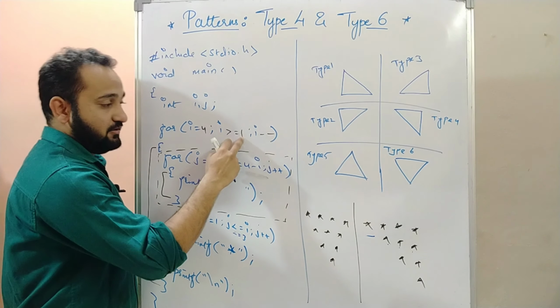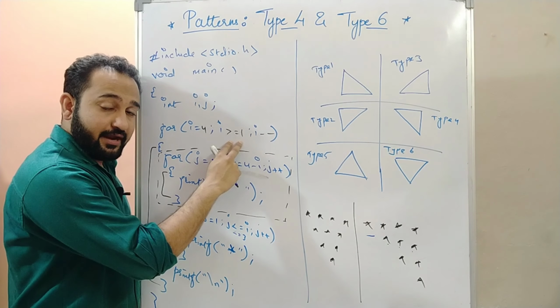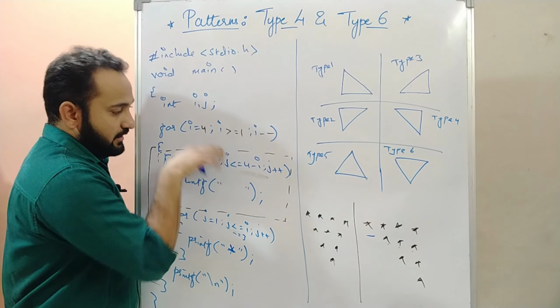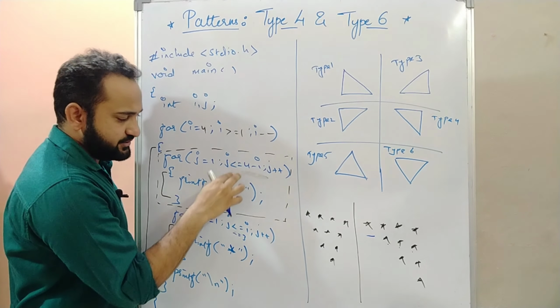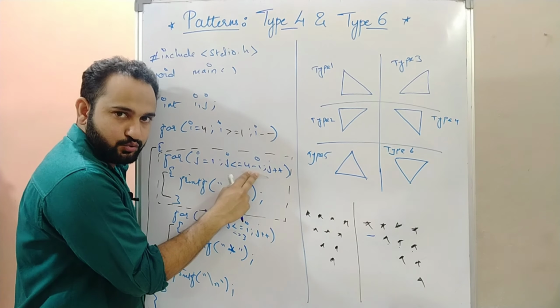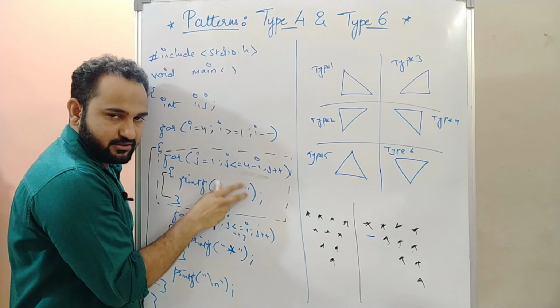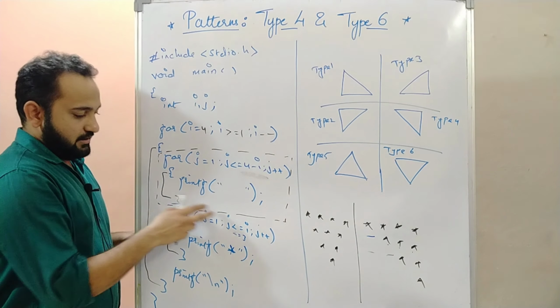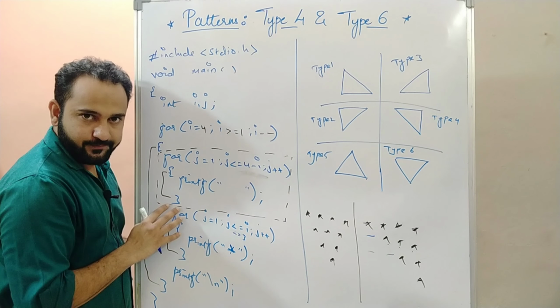While going back, the value of i now becomes what? It was 3, it will decrement by 1, it will become 2, right? Again, 2 is greater than or equal to 1, yes, condition is satisfied. It will come inside. j is less than or equal to 4 minus 2, which is what? 2. It will iterate how many times? 2 times. Leave 2 spaces. It will leave 2 spaces here and it will come out of this for loop.